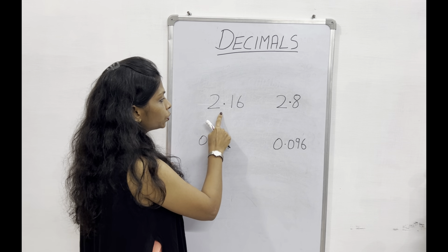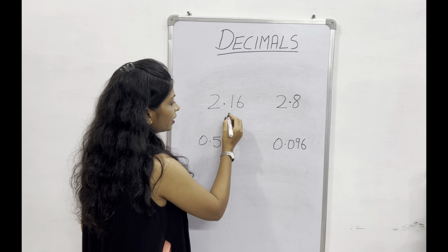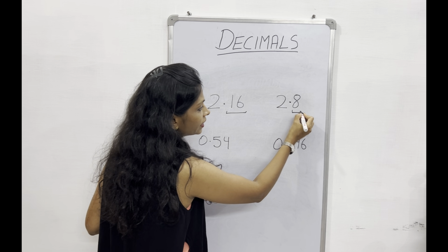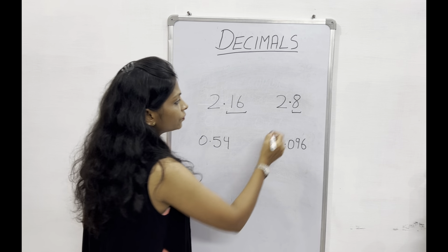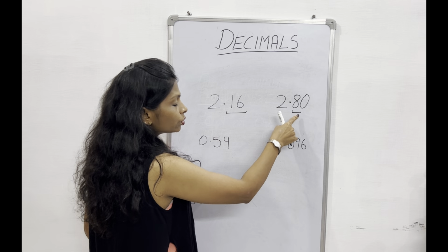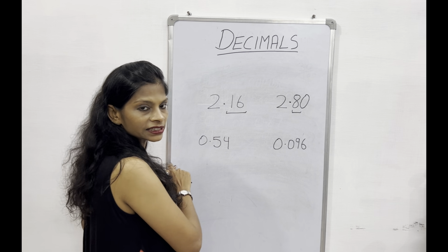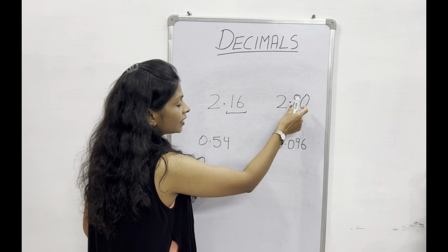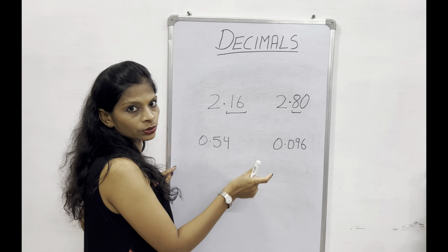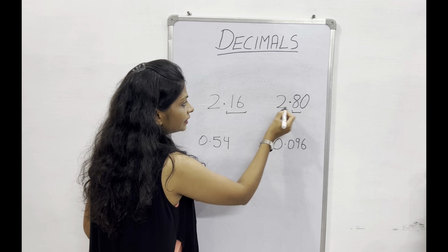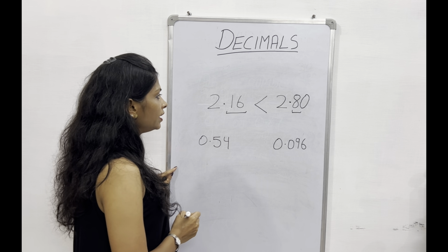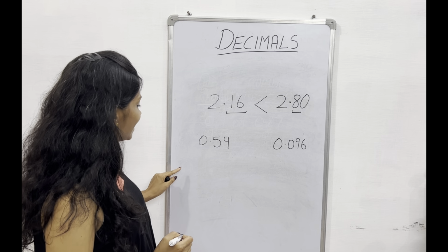I have a number here 2.16 and 2.8. Here I have two digits after the decimal, and in this I have just one digit after the decimal. To avoid any confusion, put a trailing zero here. When I put the trailing zero, you can compare that 80 is bigger than 16. I've made the number of digits equal. Now this is 80 parts out of total 100 parts, and this is 16 parts out of total 100 parts. So I can clearly see that 80 is bigger than 16, and that is why 2.8 is bigger than 2.16. And next example is